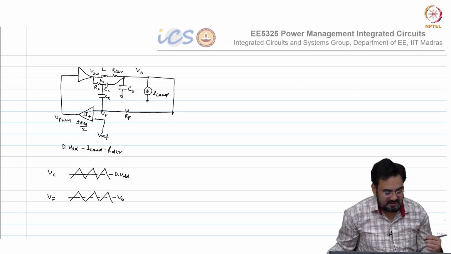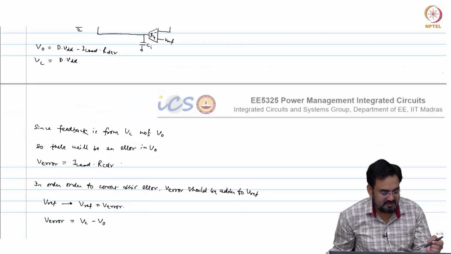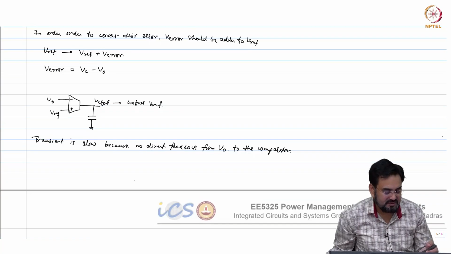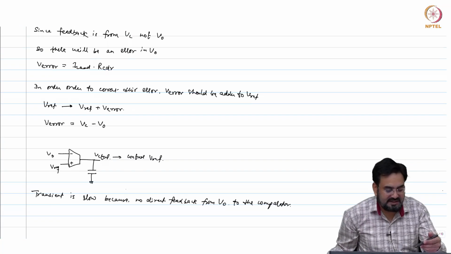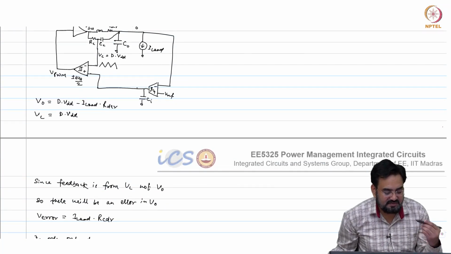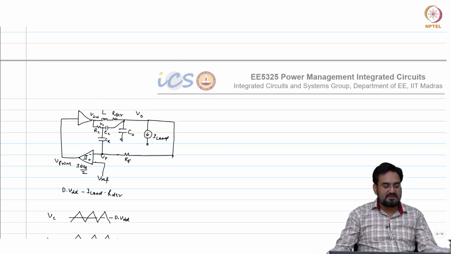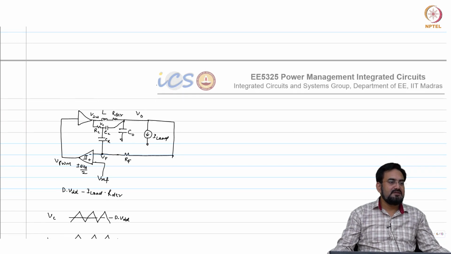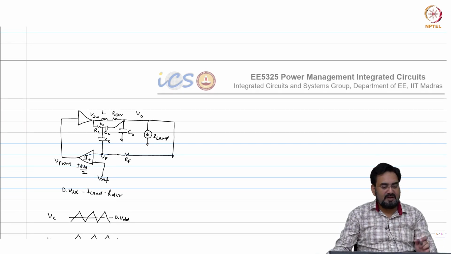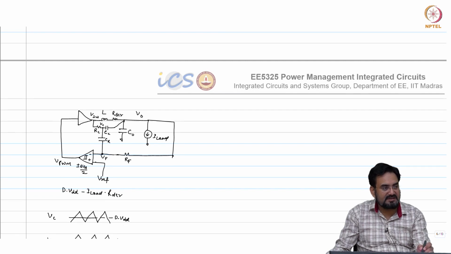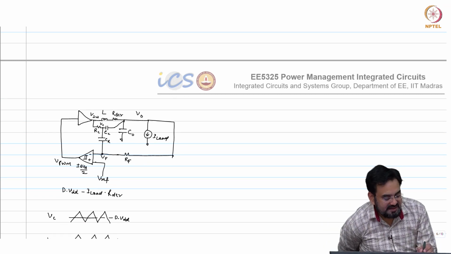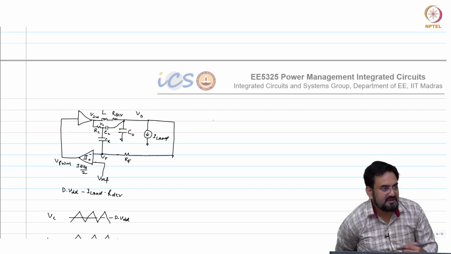And this is also a hybrid voltage and current mode, and this is also a hybrid voltage and current mode. In both cases you are taking the feedback, but the difference is that in one case you have an integrator, and in this case you do not require an integrator. So, the transient will be better. You have an RF and CR, and from this path you have low pass filtering. So, you have to choose the values of RF and CR in such a way that it does not slow down your VF when you get a transient at V out.